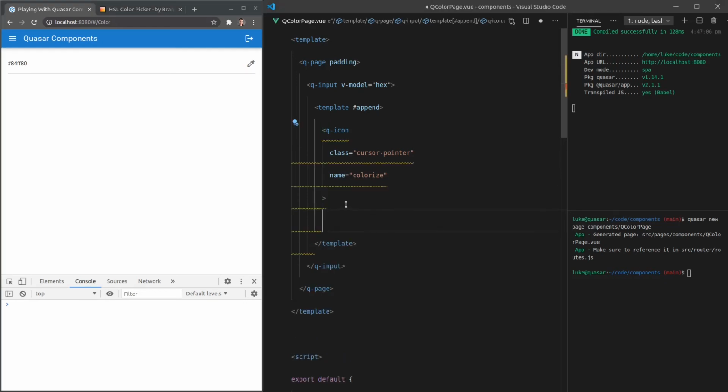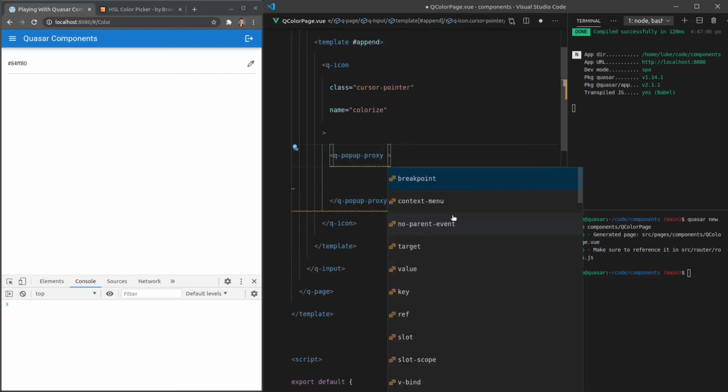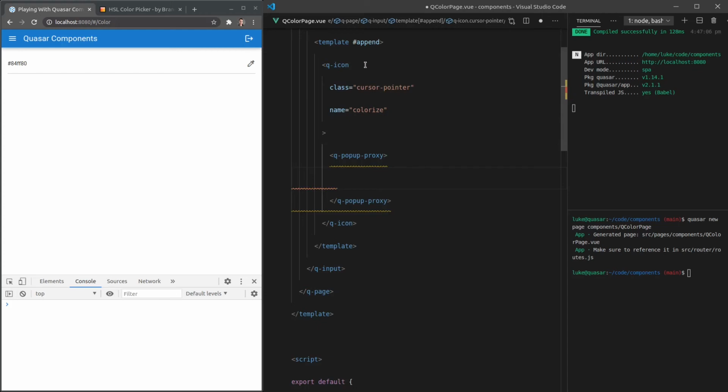All right, so what we can actually do now is throw something inside of this QIcon, which is called QPopupProxy. And I can't wait to show you this component later on in the series, but we're just going to do something basic for now. What this does is it latches onto the icon so that when it is clicked, whatever is inside of this component will show up as kind of like a pseudo modal or a pseudo dialog. And now we can just say